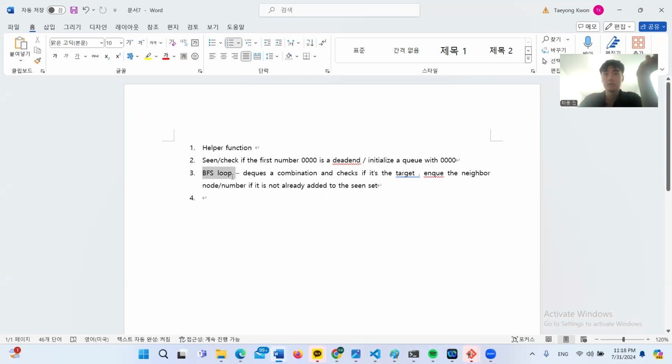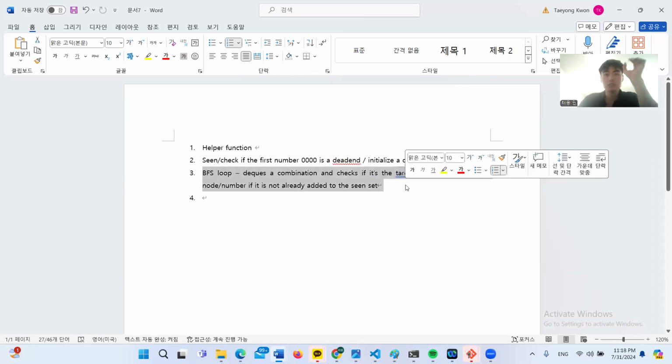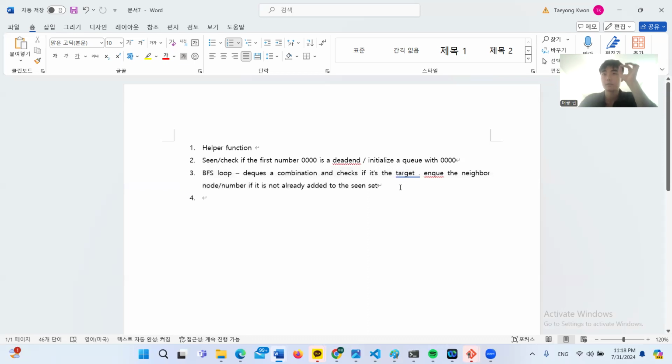Thirdly, we need the BFS loop itself. So we dequeue a combination and check if it is the target. We remove the number from its list of array, so a queue, first in, first out. And we enqueue the neighbor node if it is not already added to the seen set. Each neighbor that has not been seen yet is added to the queue with step count incremented by 1